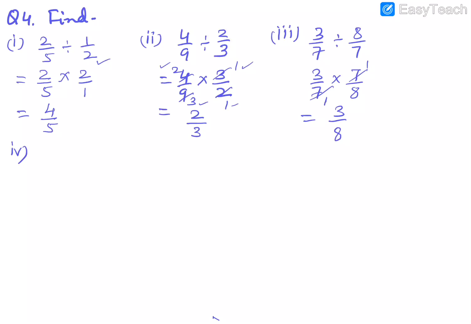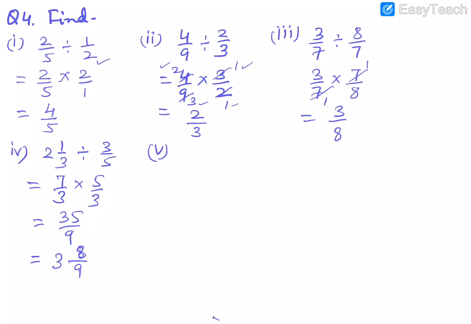Fourth part, where this mixed fraction is to be divided by fraction 3/5. इसको change करेंगे। 3 2's are 6, 1, 7/3। ये multiplication में change हो जाएगा और इसका reciprocal होगा। Finally 7 5's are 35 and 3 3's are 9। ये improper fraction है जिसे हम divide करके mixed fraction में answer लिख सकते हैं। 9 3's are 27, then 8/9। 8 is the remainder।